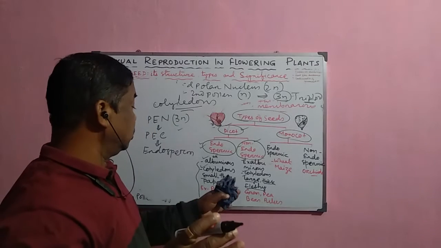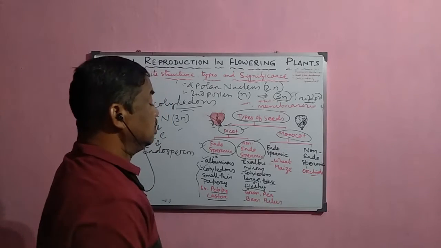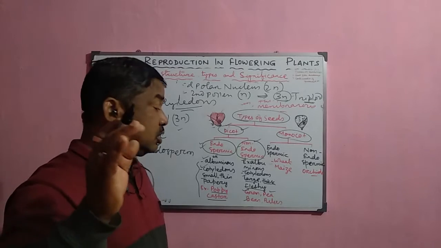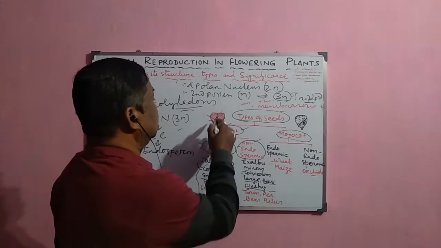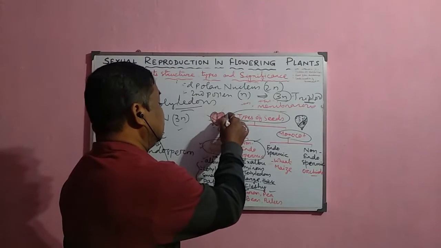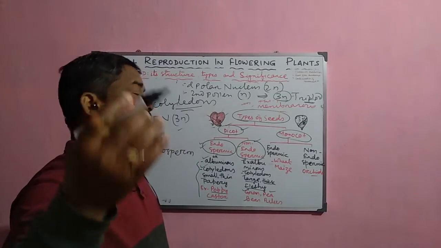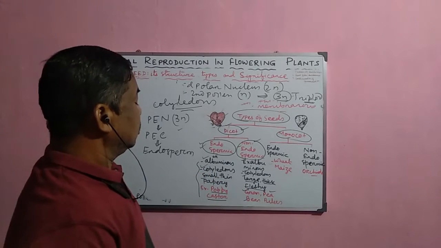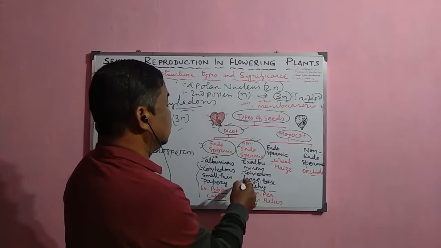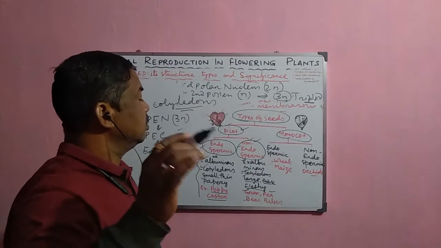A common example here is the gram seed, pea seed or bean seed, even different pulses, the dal varieties. Here you just see the two cotyledons. This is the gram seed, and it contains two cotyledons, and these cotyledons contain the reserve food materials for the developing baby plant or the future plant. That is why these are called non-endospermic seeds, but their cotyledons are very well developed, containing the reserve food materials for the baby plant.